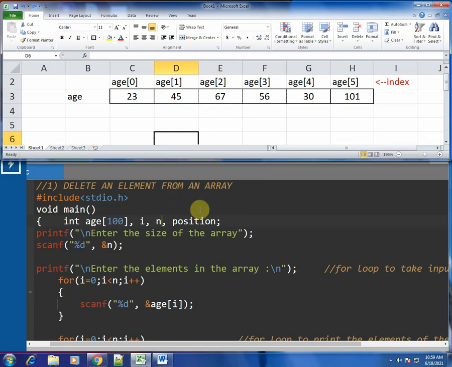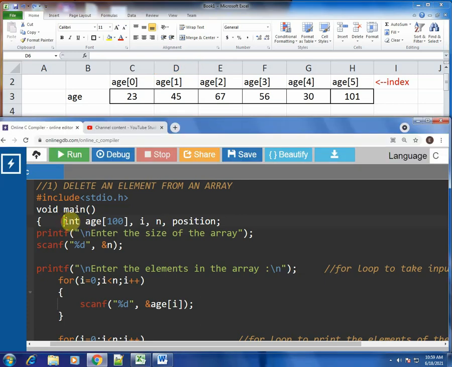Now as you see at the bottom, first of all you need to have the array declared, and whatever variables you require in your program, those will be declared. i is the loop variable, n is the size of the array, and position is that variable which we will ask from the user to know which element to be deleted.